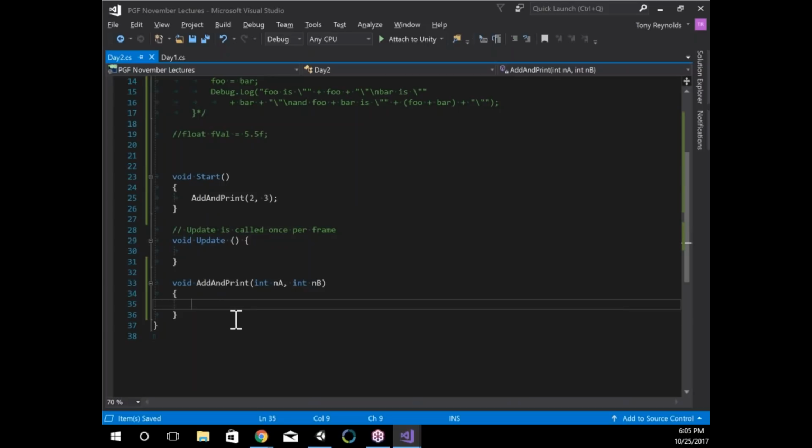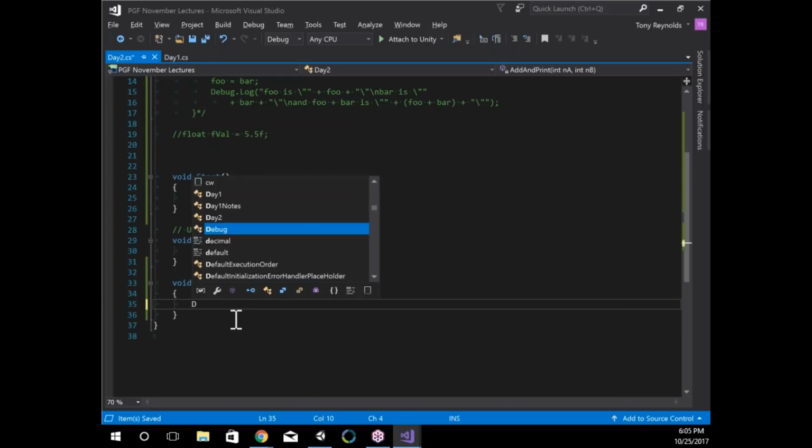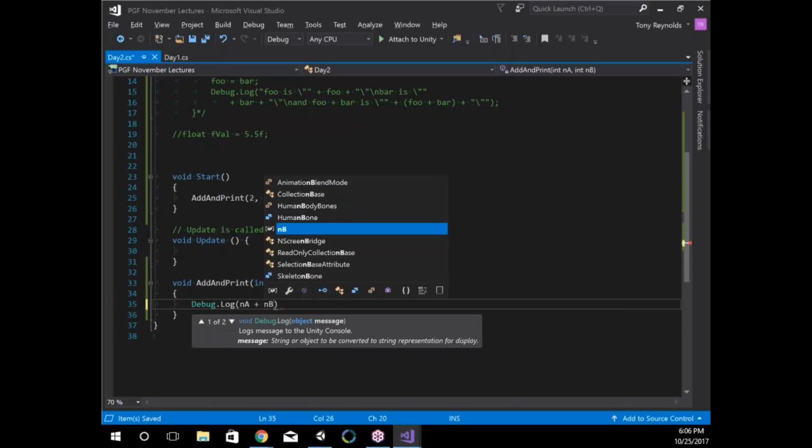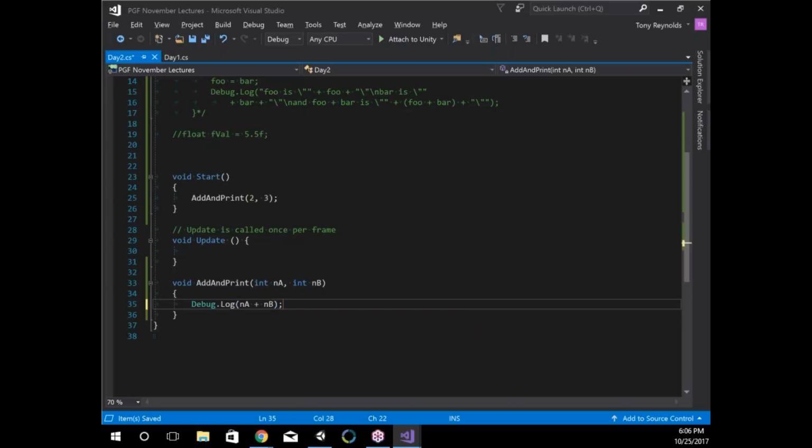So I know I've got the two incoming variables nA and nB, and I want to just squish them together and print them. Now if you recall from a couple of slides back, when I was doing the foo and the bar and I was adding those two things together, I had to use the parentheses because I was also dealing with strings. This is where the concatenation stuff comes back into play. Now I could just as easily just say Debug.Log nA plus nB, and because there's no string inside that, Unity understands what I'm talking about. I want to take those two numbers, add them together, and then it's going to do the conversion and print that out. So if I save, jump back to Unity,